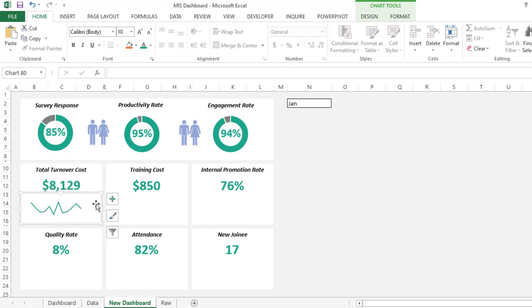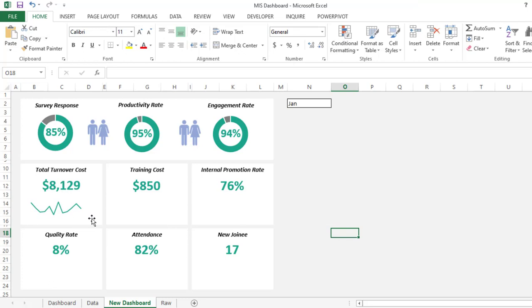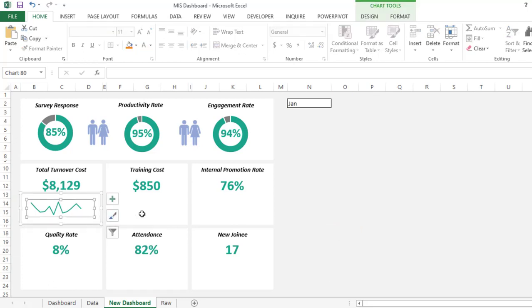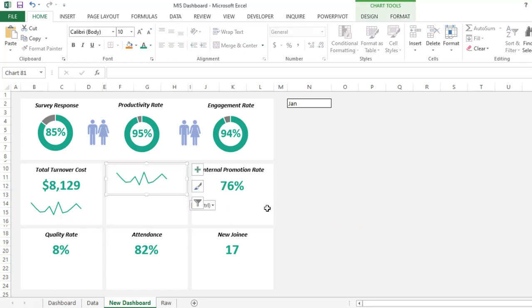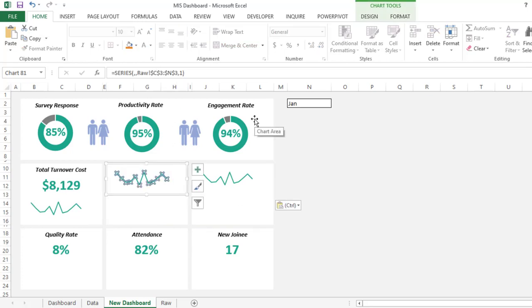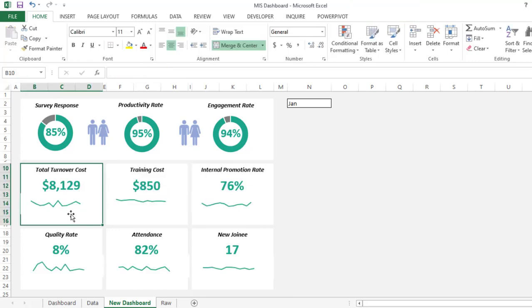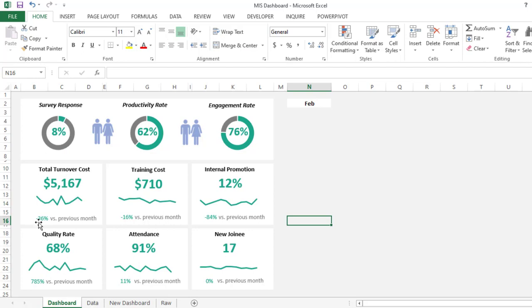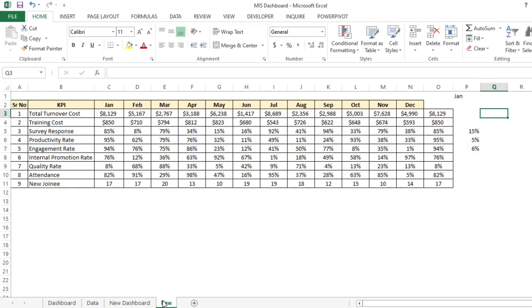Okay, so now what you have to do is just select this one and paste in other cells also and change the cell reference. Okay, so like how we did in this particular header part. The next thing is we need here the comparison value, like how we have in our dashboard, which is comparing the data with the previous month, which is like minus 36% versus previous month, because we have selected here the month as Feb, right? So for that, what we have to do is we'll go to the raw data, then